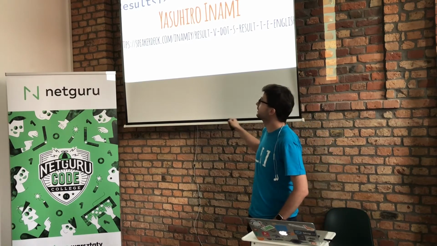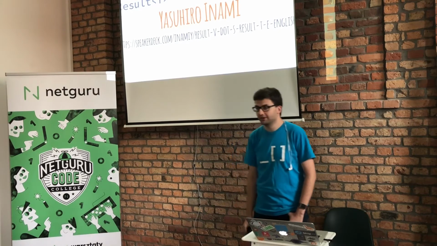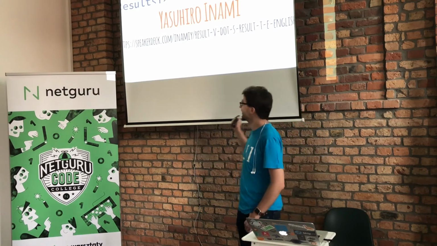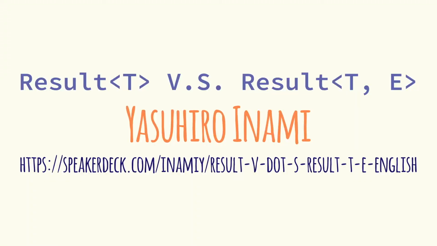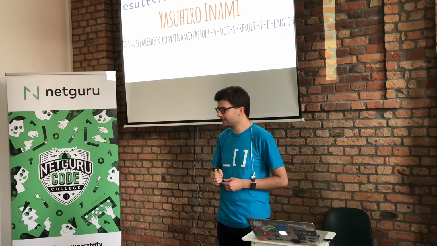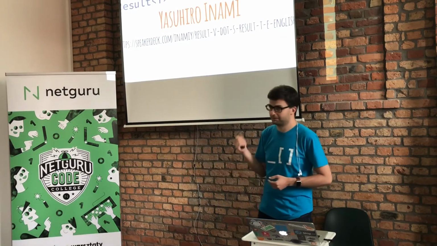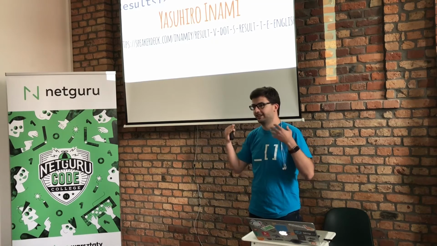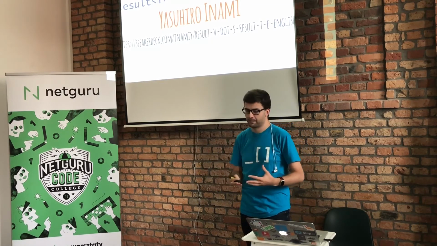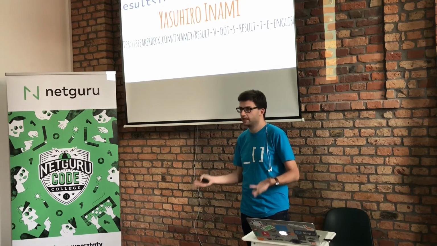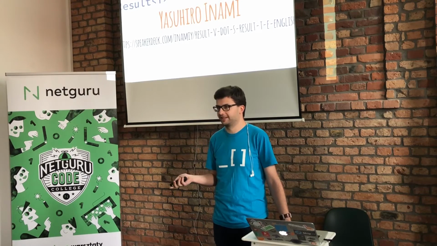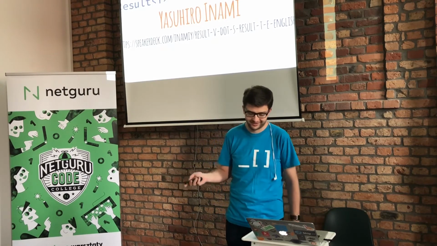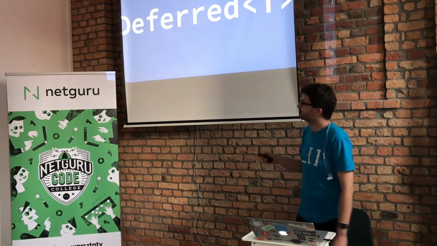I was in this Result-T camp for a long time, but I was convinced by this particular talk. It's by a Japanese guy called Yasuhiro Inami, and he did this as a flash talk at try! Swift, and it is a pretty convincing argument why the result generalized on both variants is actually more expressive. Anyway, if you prefer to use the one without the error, it's cool. I won't judge. Anyway, back to the types.